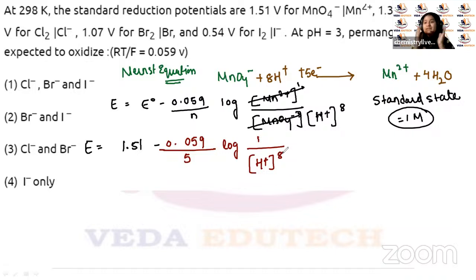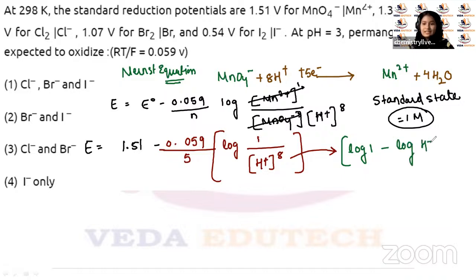देखो यहाँ पे सारा चीजें हैं बताने का। क्या चीज़ है यहाँ पे? ये pH का वैल्यू क्यों दे रखा है इसको हम लोग समझेंगे। हम लोग ये पार्ट को थोड़ा सॉल्व करने का कोशिश करेंगे। ये मैं बताऊंगी एंड रेस्ट यू आर गोइंग टू सॉल्व। ओके, तो यहाँ पे जो चीजें हैं ये, इसको अगर हम लोग सॉल्व करेंगे क्या आ जाएगा? log 1 माइनस log H प्लस टू द पावर 8, इतना आ जाएगा।